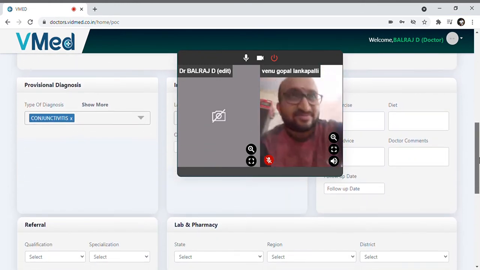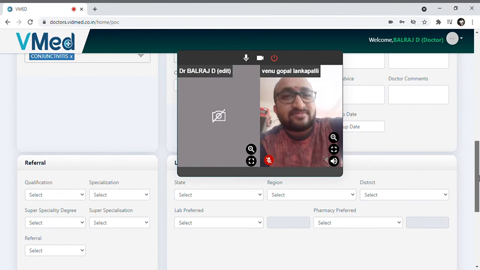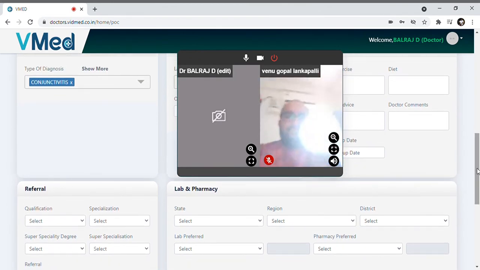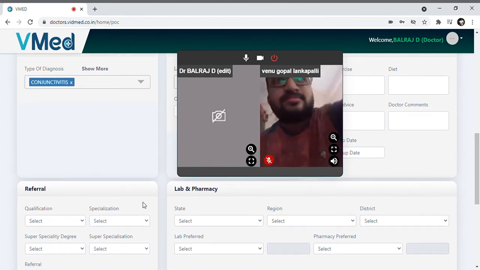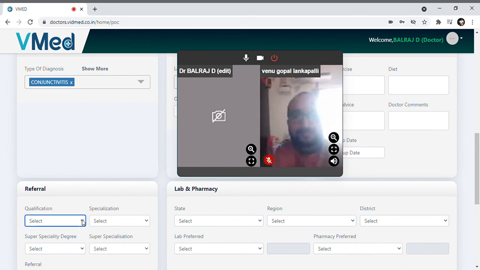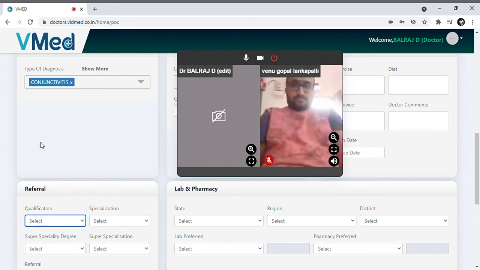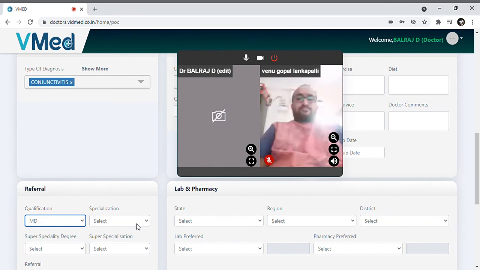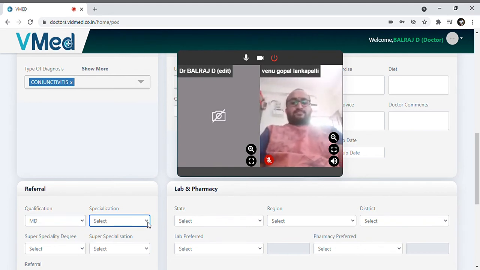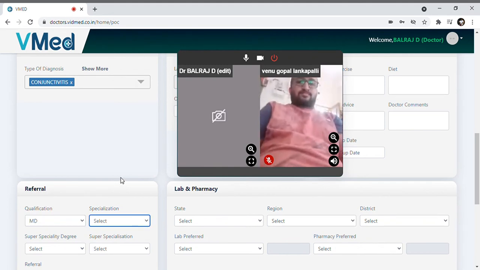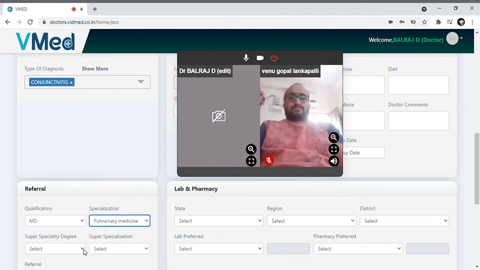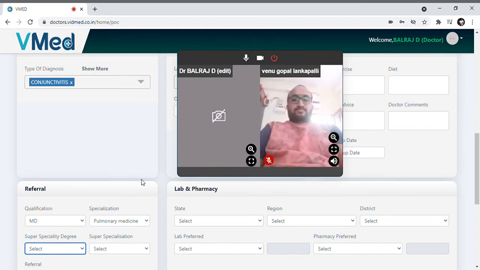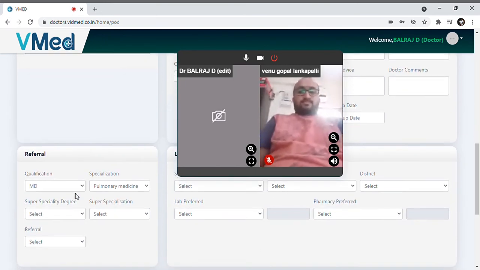And apart from this, if any other higher recommendations have to be given to a patient, or a higher specialized doctor has to see the patient, based on the doctor's recommendation, we can refer them. So the referral acts as a reference to higher doctors. We can select the qualification and specialization, and we can see the list of specialized doctors who are available with our Vidmed health telehealth.